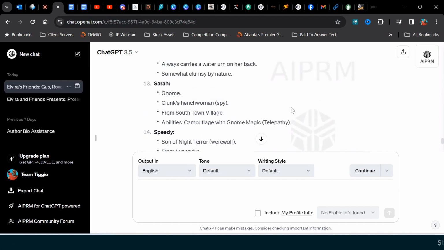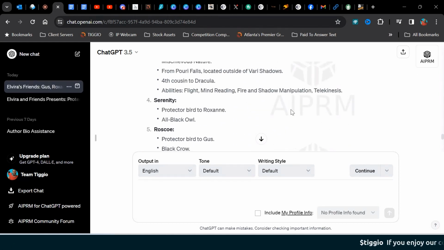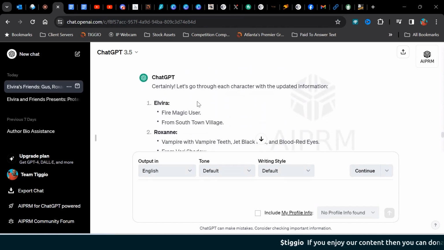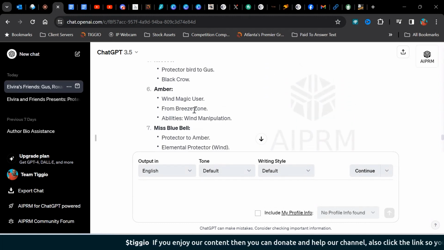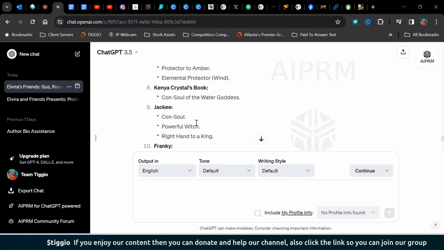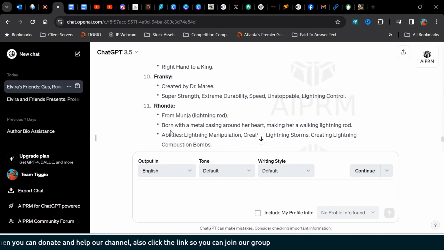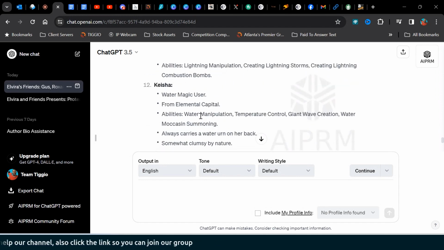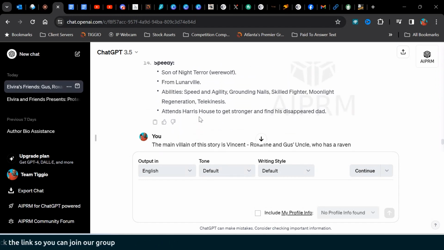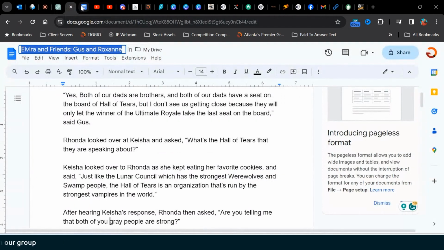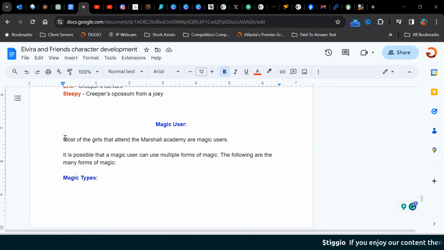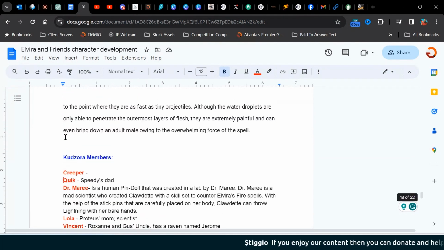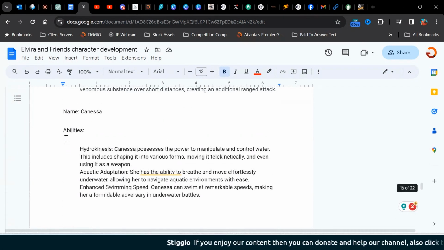One of the most important things when you are doing your story, you need characters. So far, we had Elvira, Roxanne, Gus, Serenity, Roscoe, Amber, Miss Bluebell, Crystal, Kenya, Crystal's book, Jackie, Frankie, and Rhonda. Now, Keisha, Sarah, Speedy. Okay, so it's some more information that we want to add here because when you think about this,